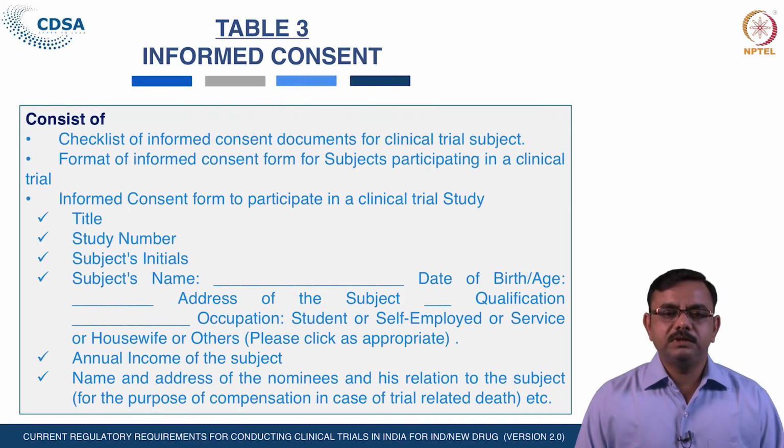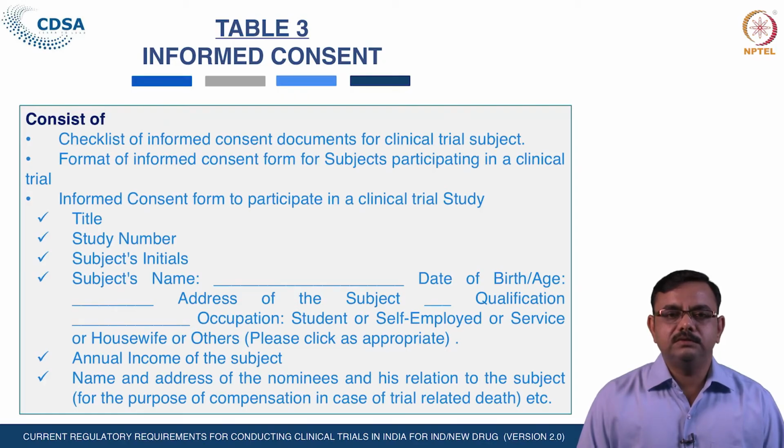Statement that there is a possibility of failure of the investigational product. The PI has to clearly mention and clarify that there may be a possibility of the failure of the investigational product. The statement that in the case of a placebo controlled trial, the placebo administered shall not have any therapeutic effect, that statement has to be given, or any other information pertinent to the study that is required to be given in the ICF.